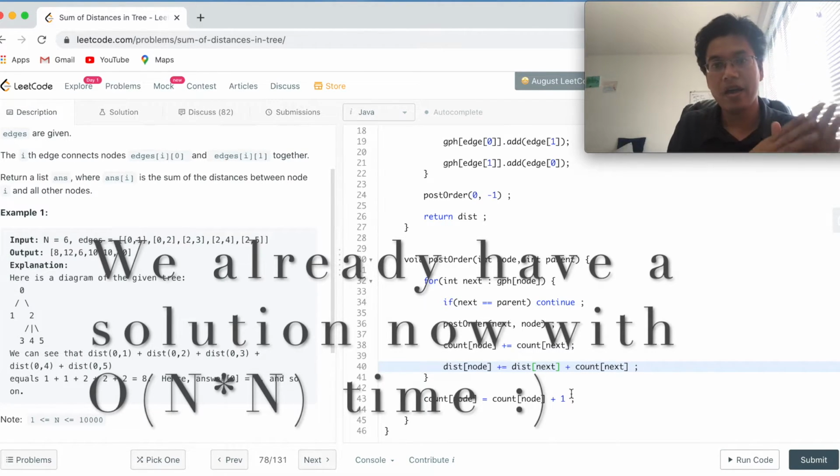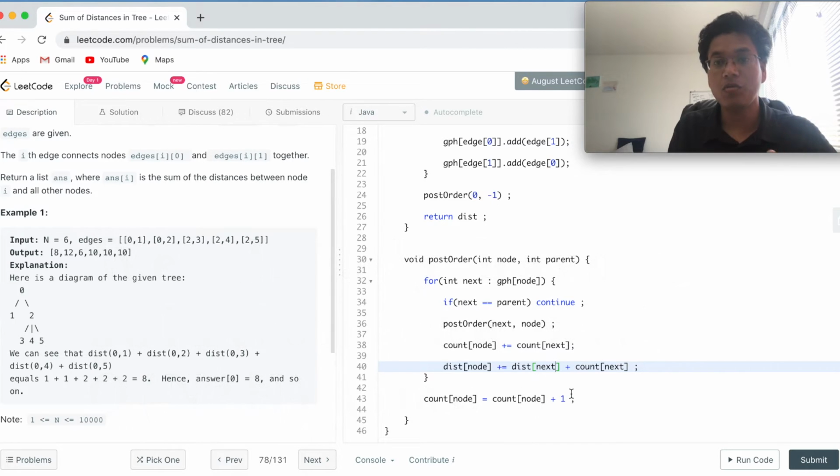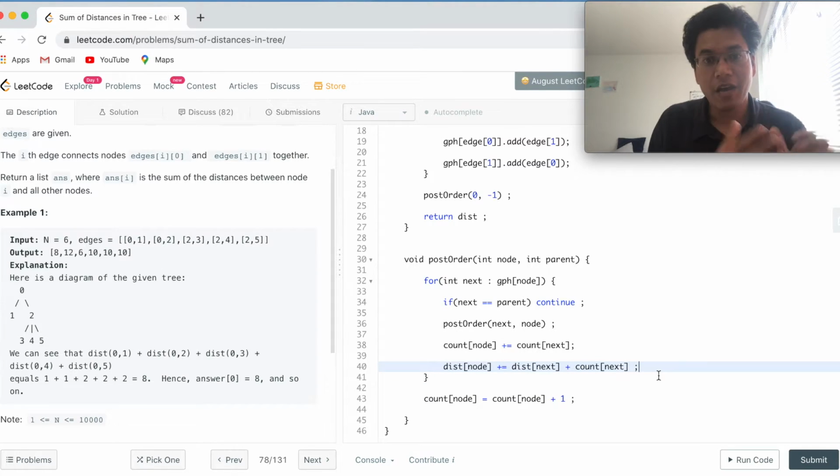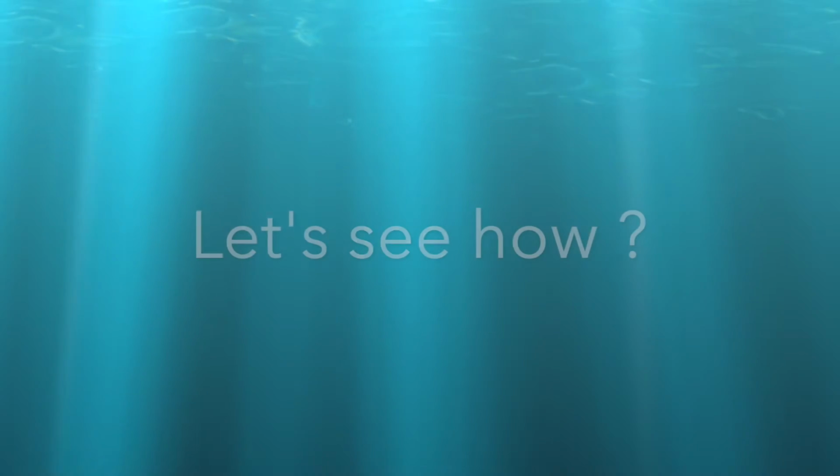But that will be an O of n square solution, which we don't want. We want to optimize it further. If we take this particular relation, how can I get distance of next? Because we already have the total distance for the 0th index. Using that total distance, we will calculate the remaining distances.